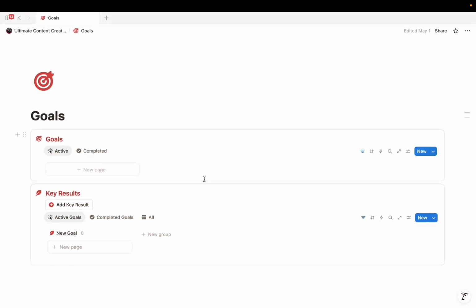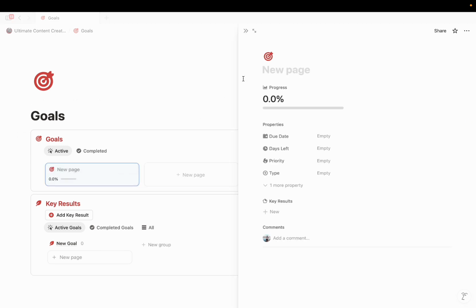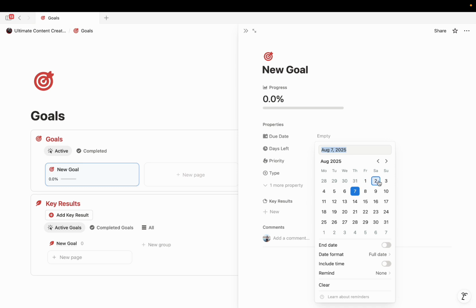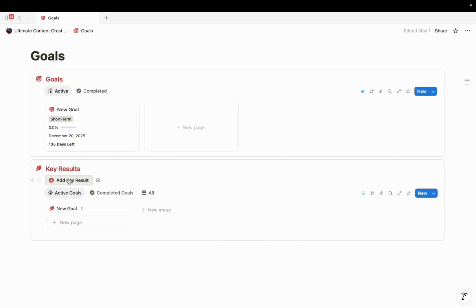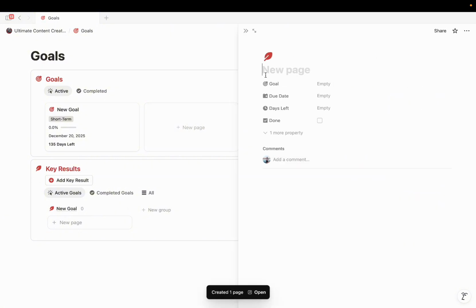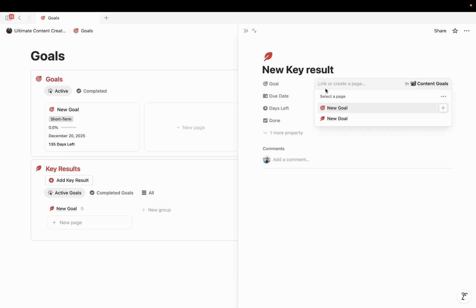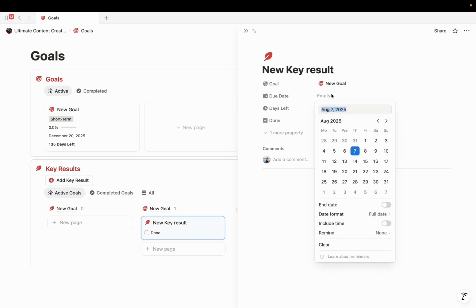If you have any goals as a content creator, you can use this goals page. This is a very simple system where you add a new goal, you add a due date, when do you want to achieve this goal. You can add a priority and also a type. Then we can go to the key results. We can use this button and add a new key result. I can link it to a goal I just created. I can also add a due date of this key result,